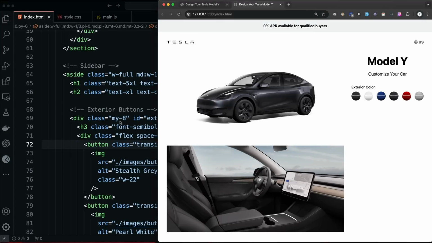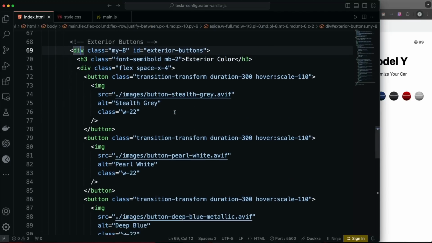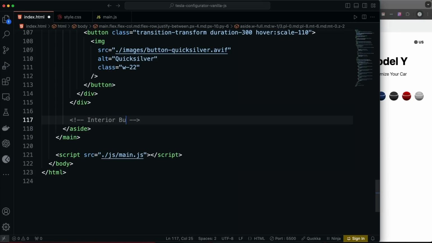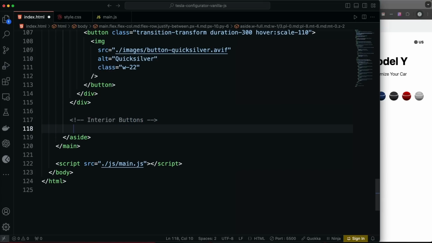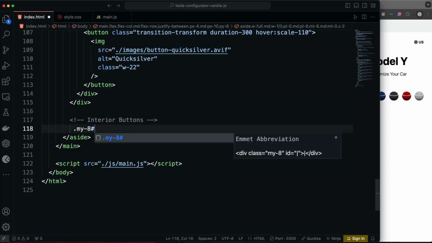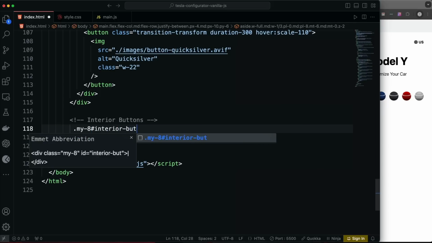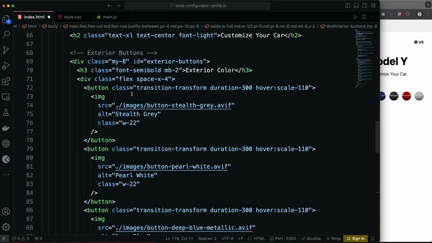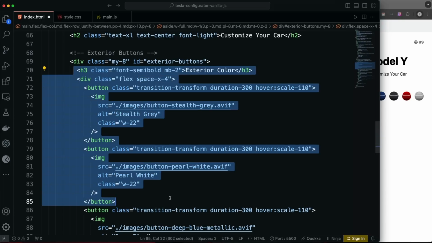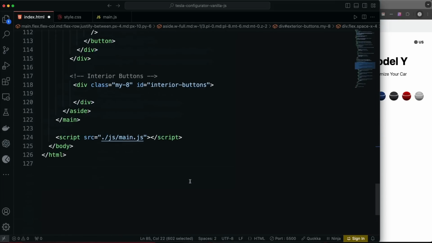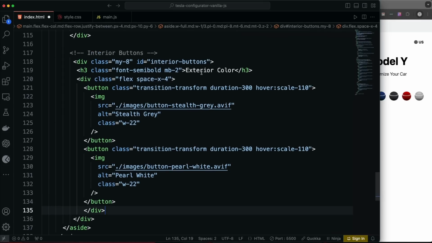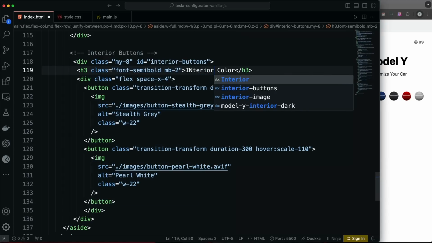Now the interior buttons are very similar. So let's go under this div, the exterior, and let's say interior buttons, and this same thing, we're going to have a class of my-8, but then we're going to have an ID of interior-buttons. Okay, and we can probably just copy the H3, the div, and I guess the first two buttons, and then just add a div on the end. Yeah, so we want to make sure we add our div on the end, and let's change this to interior color,